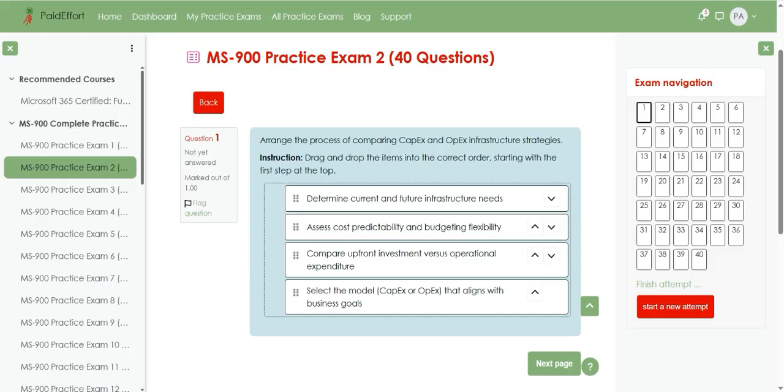Now let's explain why this is the correct order. We begin with determining current and future infrastructure needs because every financial strategy must start with understanding what the business actually requires in terms of technology, growth, and capacity. Then comes assessing cost predictability and budgeting flexibility. Once needs are identified, it's crucial to figure out whether the organization prefers steady, predictable expenses or can manage costs